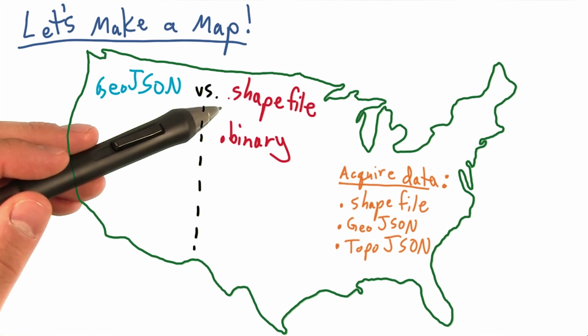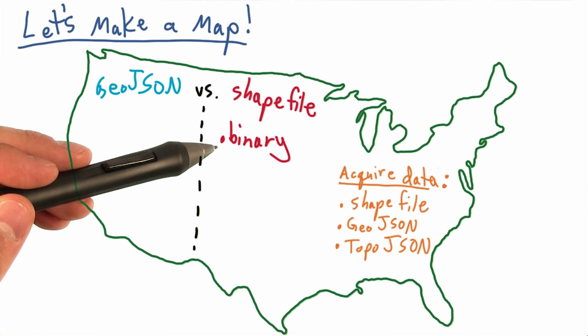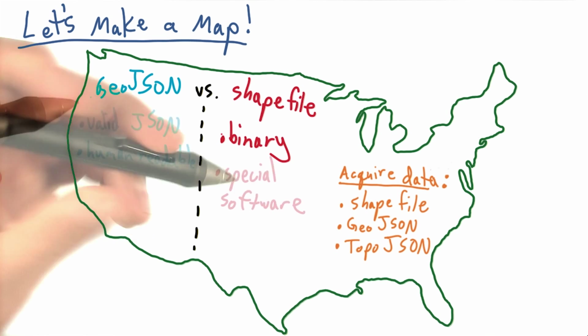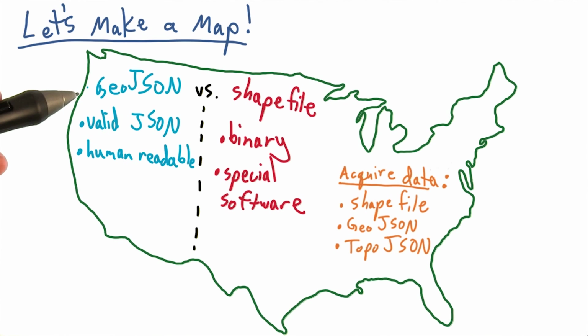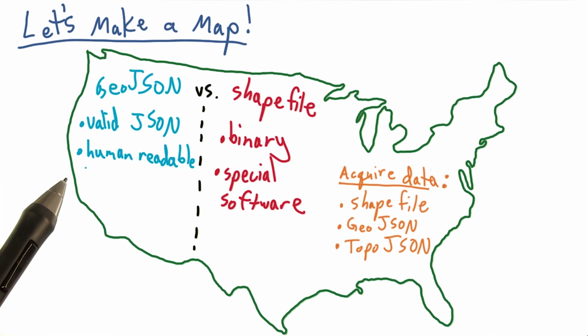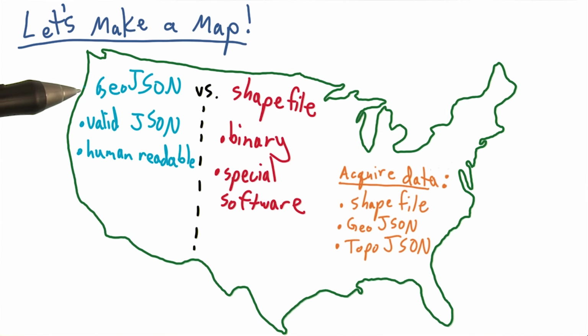One issue with shapefiles is that they encode their information in a binary format, which isn't readable by a human unless you use a special program to interpret the shapefile. GeoJSON, on the other hand, encodes very similar coordinate information using valid JSON with some minor extensions, and it results in much more interpretable, human-readable, and inspectable data. One very nice feature of GeoJSON is that it's very easy to explore and debug using many of the common development tools, such as simple text editors, or even in the browser console.